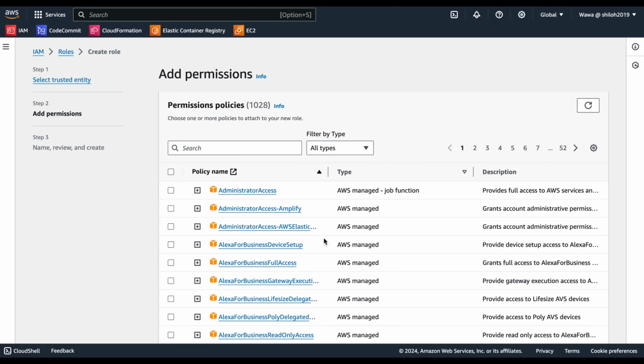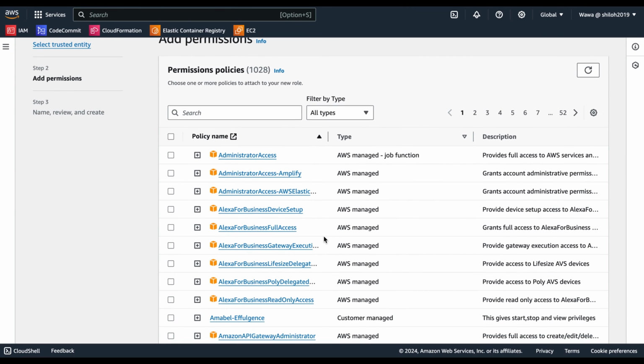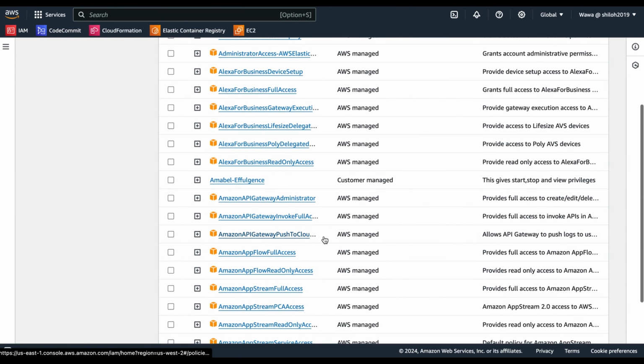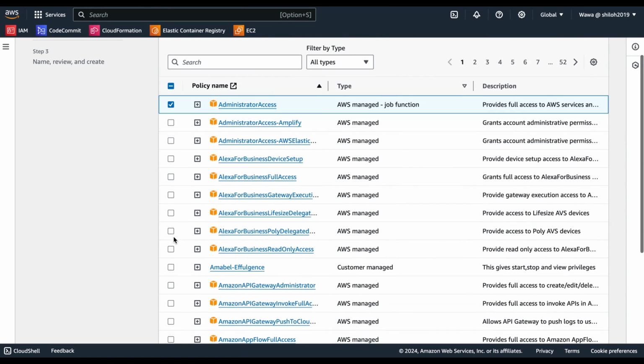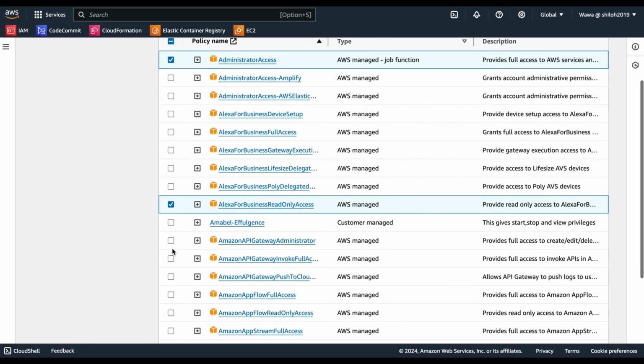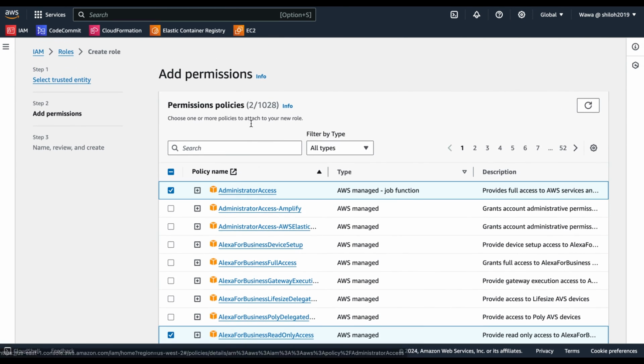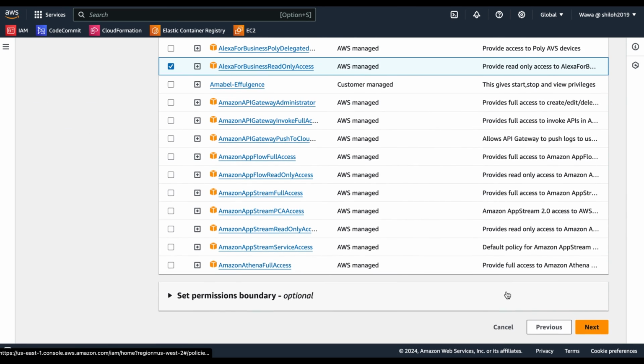Once you take next, you should be able to add a set of permissions. What permissions does this role have? The role might have administrator access. The role might have Alexa full access. The role might have API gateway. All permissions that you want this role to have, you select those permissions, and after selecting those permissions, you take